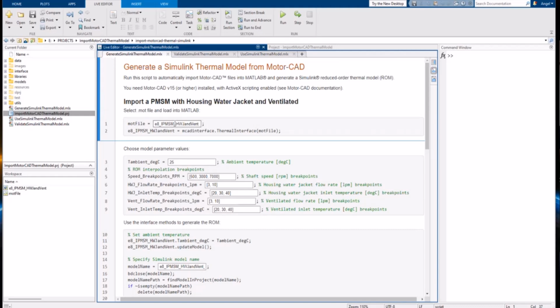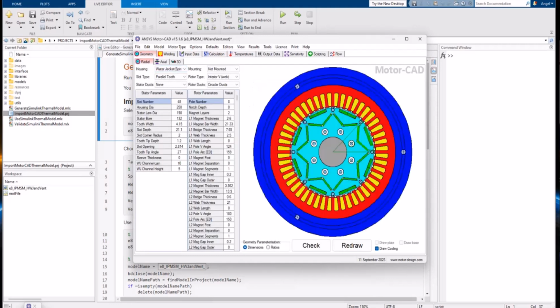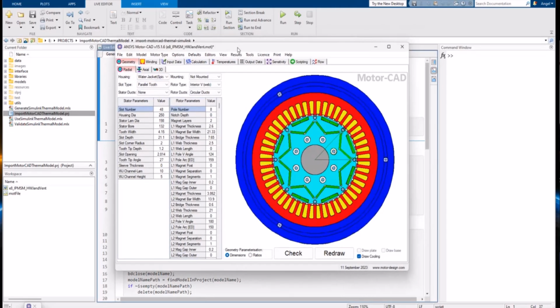So in the first one, you can here specify the MotorCAD file that you want to use for export. So we have chosen the E8 template for this webinar, and we're going to cover it from the beginning to the end, all the export and validation. But bear in mind that you can do the exact same process for your own motor, and it should work. So it's a very flexible way to do the export. So once you run this first part, it will open your motor file, and here's what it looks like.